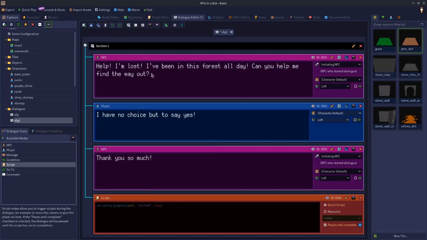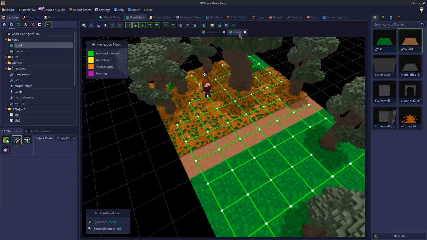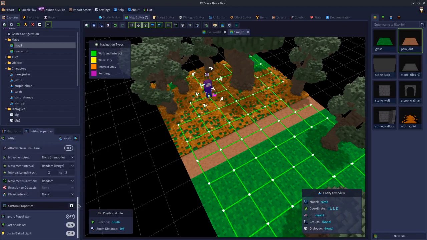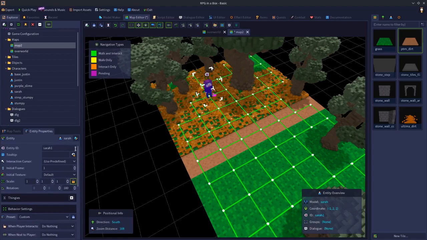Okay, now we're not ready for that yet. We're not ready for the scripting side of it. I just wanted to get the dialogue created. So I'll save that, and let's go back to the map that Sarah's in. So Sarah currently has this ID when we select her of Sarah1. I'm going to Entity Properties, scroll up to the top. She's got this entity ID Sarah1, and she starts on the map with